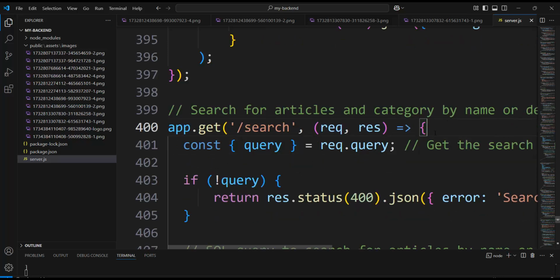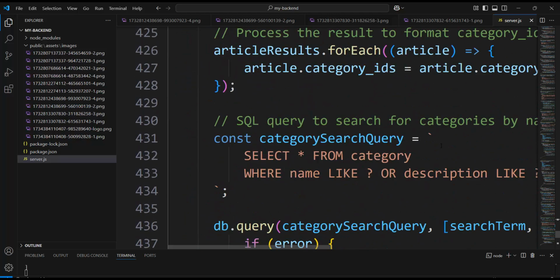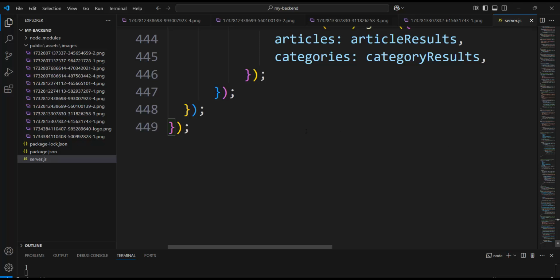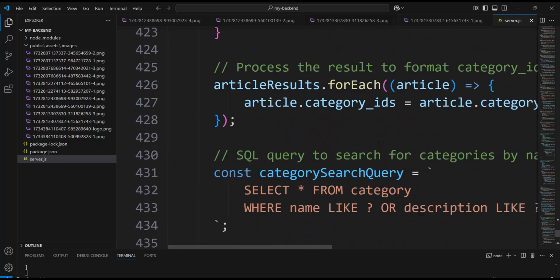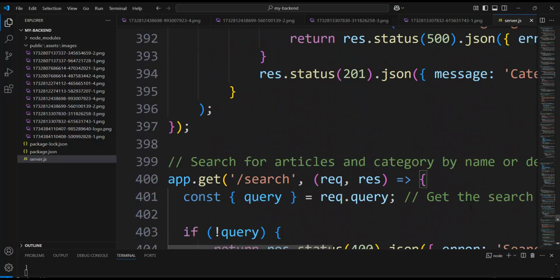I will explain, but for now you see that the curly brackets start here